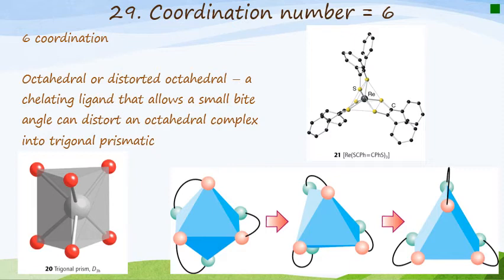for the octahedron or the distorted octahedron, the chelating ligand that will allow a small bite angle can distort the octahedral complex into something called a trigonal prism. Okay, now if you look carefully, you will see what happens is you see in this diagram on the far left at the bottom, you'll see what a trigonal prism looks like. What happens is that it starts from position 1 here, and this atom,